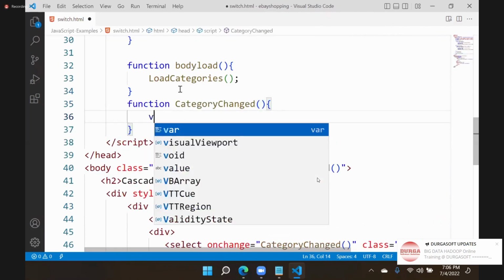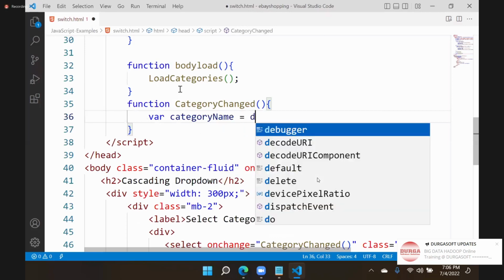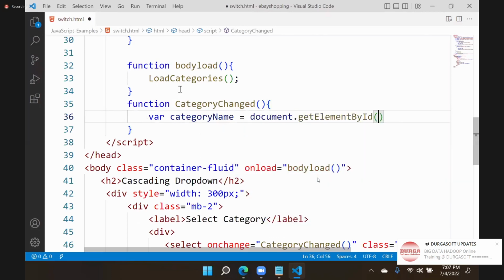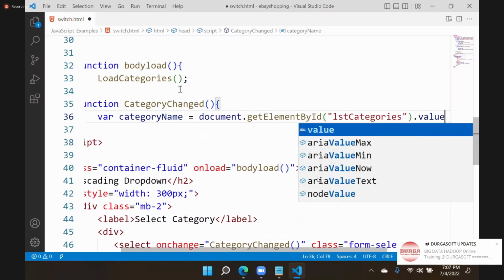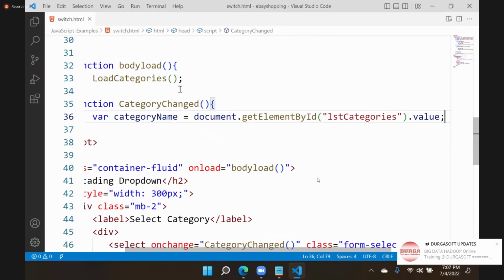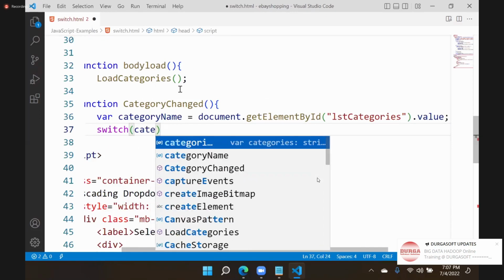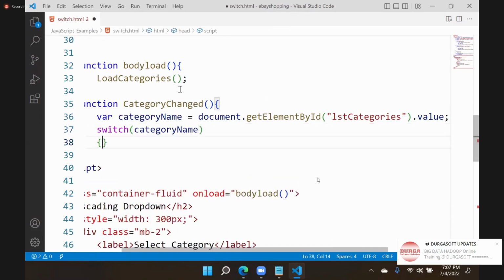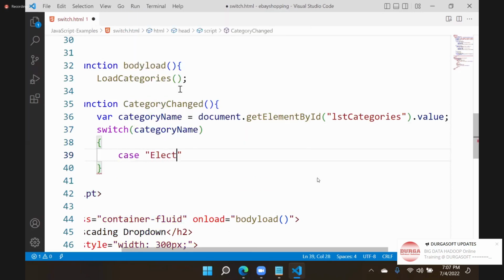I need to get the category name, which category they selected. document.getElementById lstCategories.value will return the selected category name. Now I will write a switch. Into that we will pass the category name. So if category name case is electronics, then what should happen is